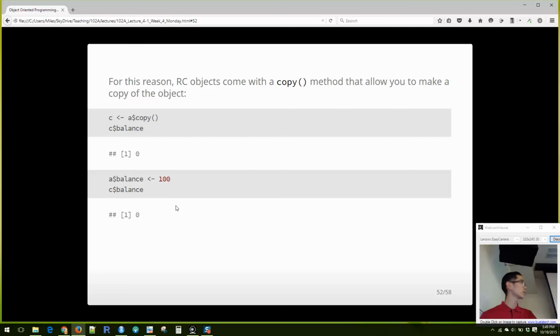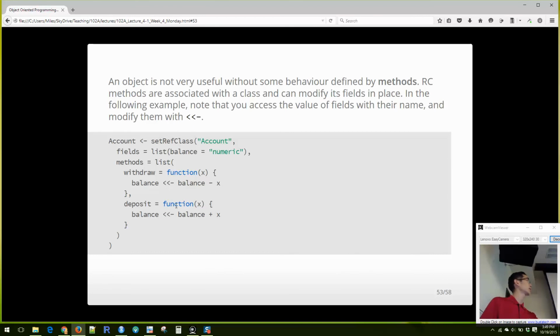Reference classes are useful if you're trying to keep track of a certain state that is shared across certain functions. Then a reference class object is useful. You can add additional methods. We can do a withdrawal method and a deposit method. Notice that to indicate that we're changing the balance in the reference class, we're using the super assignment